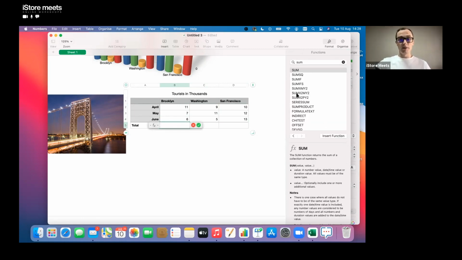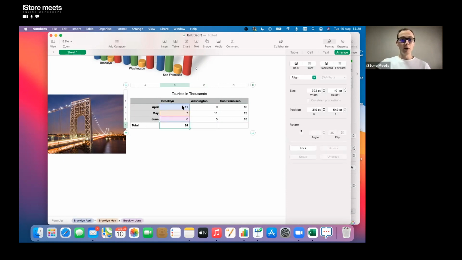All of the formulas pop up here, but you also don't have to go and select that. If we want to do something like just selecting all of that, we can select it and press enter, and it will calculate all of that for me. We're going to go and select that yellow circle that we've got and just drag it across so that it puts in all of the information for me. And now very clearly we can see that the bridge that has the most tourists is San Francisco,